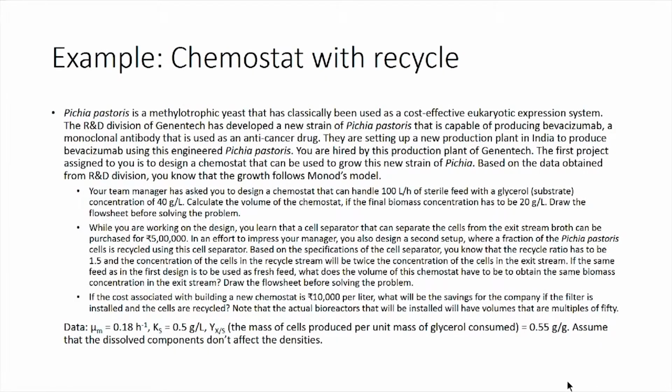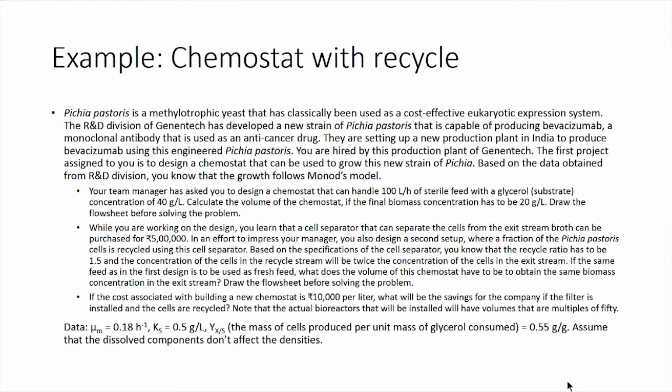Pichia pastoris is a methylotrophic yeast that has classically been used as a cost effective eukaryotic expression system. The R&D division of Genentech has developed a new strain of Pichia pastoris that has the capability of producing bevacizumab, a monoclonal antibody that is used as an anti-cancer drug. They are setting up a new production plant in India to produce this drug using the engineered Pichia pastoris. You are hired by this production plant of Genentech. The first project assigned to you is to design a chemostat that can be used to grow this new strain